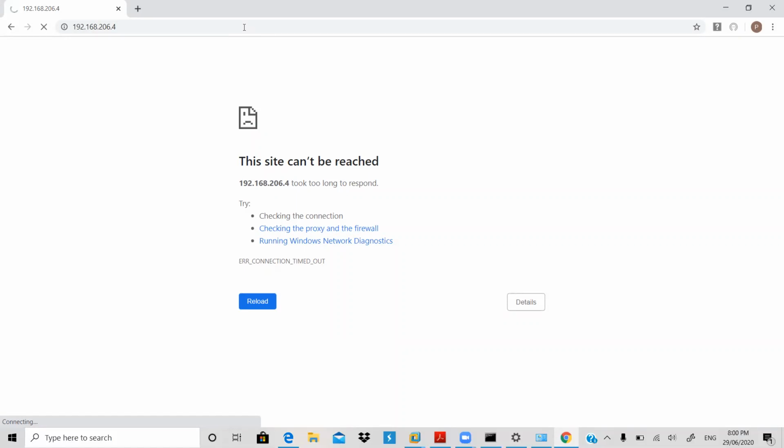I don't think it's opening. It will work because that is 100% correct configuration. That means you have to clear the cache memory once. It's 100% going to work.